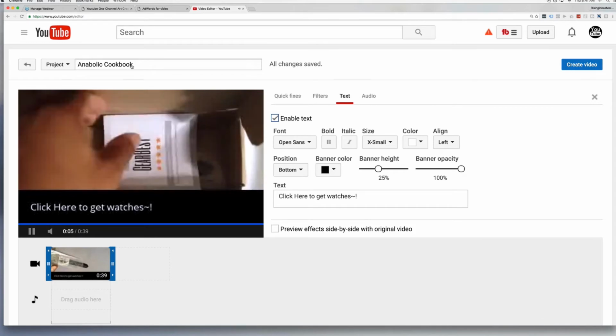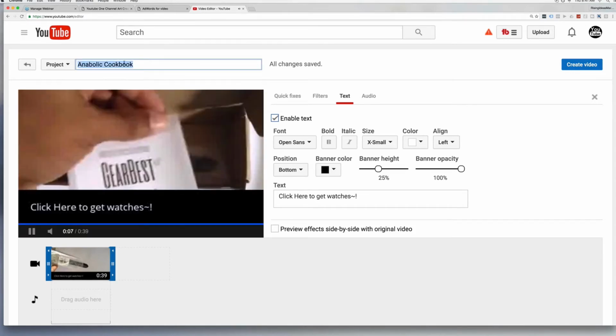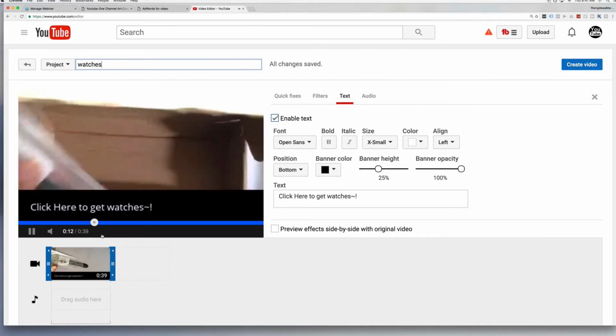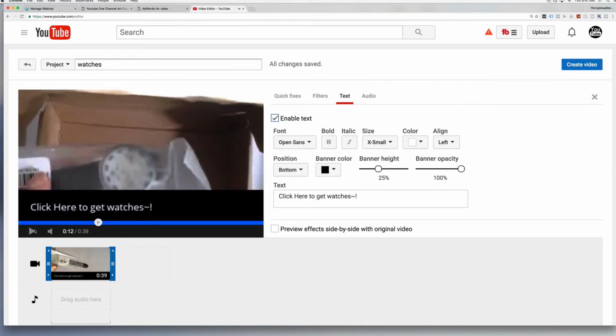From here, we're just going to name this watches or something. And we're just going to click create video. And that's going to take this video, push it into our YouTube channel, and it's going to become our video, right? So you actually don't have to make your own video there. So pretty cool stuff. And you cannot put a PayPal button inside of your videos, but you could say click here to get watches, and you can associate your website, and you could use annotations to push traffic to any page you would like.